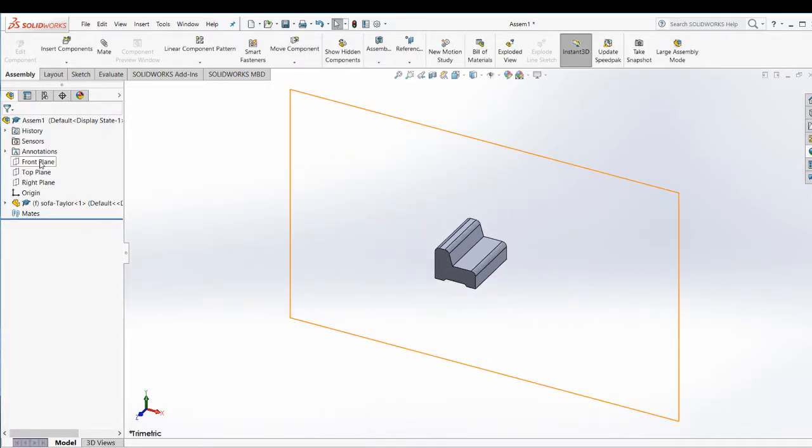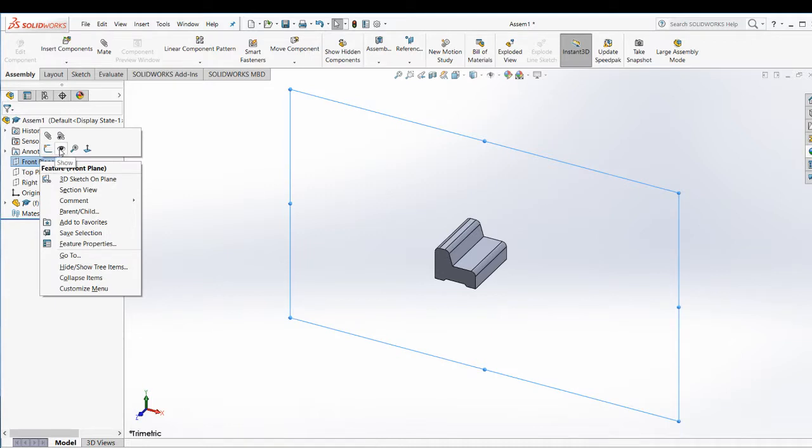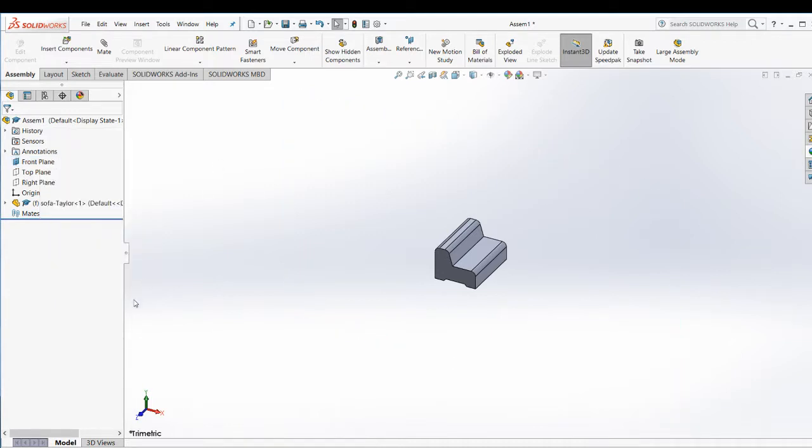And then I'm going to turn on the front plane. I'm going to right click and show. It still doesn't show because all planes aren't turned on. So I'm going to come up to the eyeball at the top and left click and say view planes. And now my front plane shows. So now I'm going to